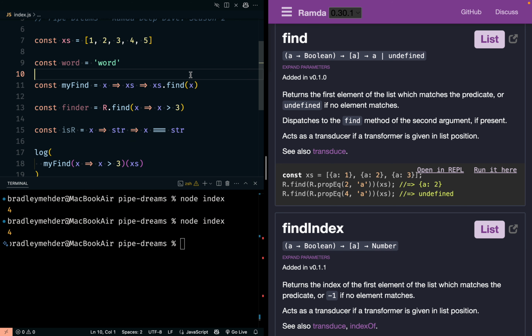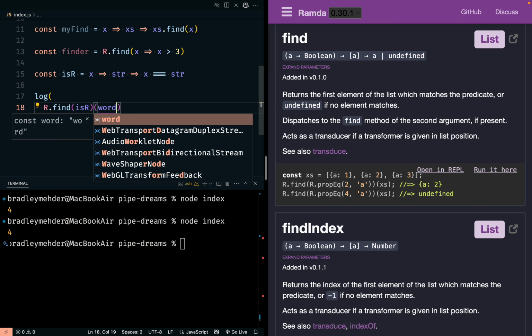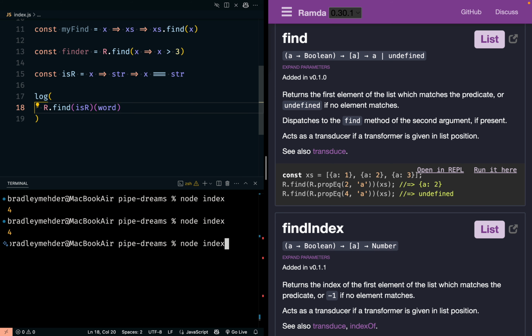We'll do R.bind, and we'll pass in that predicate is R, and we're going to use the word. And let's see what that gives us. So that gives us a W. Now that, oh, no, it's not. I want to know if the is R is the letter R, right?